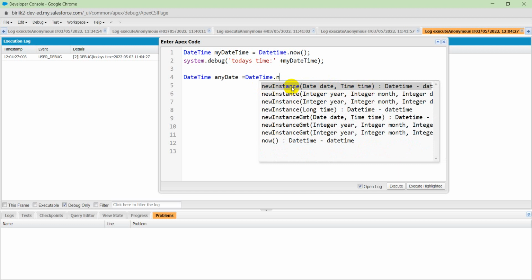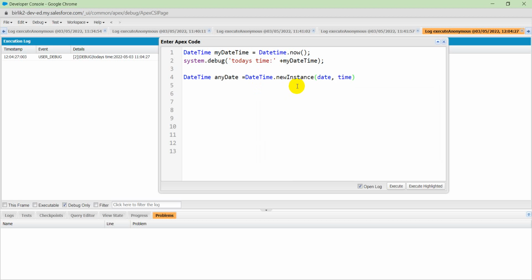So I can use this one, newInstance, any date I would like to put. Let's say